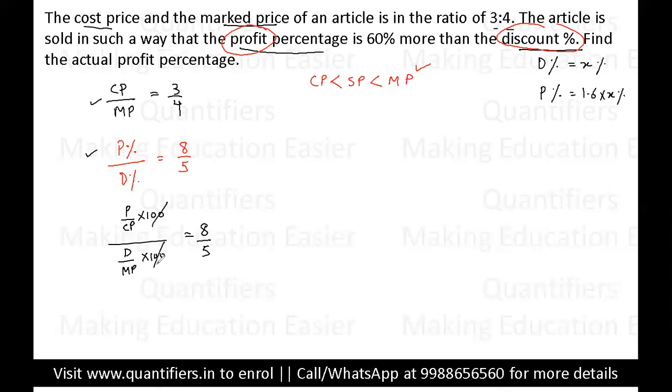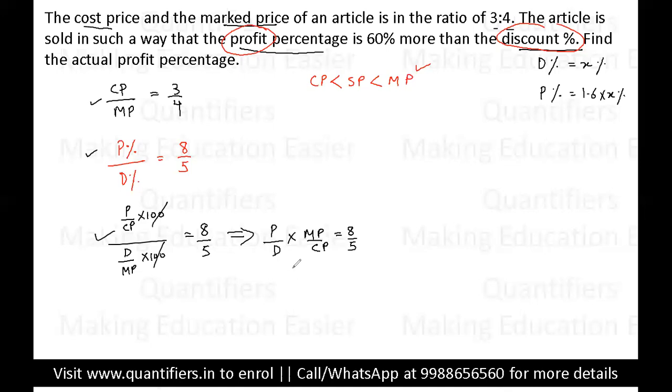So students, with this, we'll be able to solve this question now very easily. This 100 and 100 gets cancelled out. So basically 8/5 is now, I can write it in this way, that this is profit divided by discount into mark price divided by cost price, right? So if I simplify this part, profit upon discount into mark price by cost price is equal to 8/5. And now students, you can see we already know the value of CP by MP. CP by MP हमें पता है.